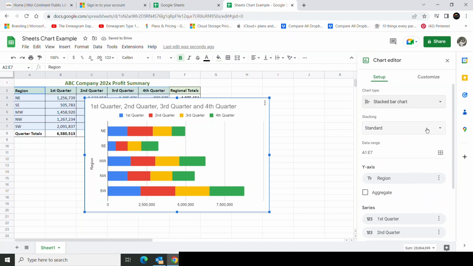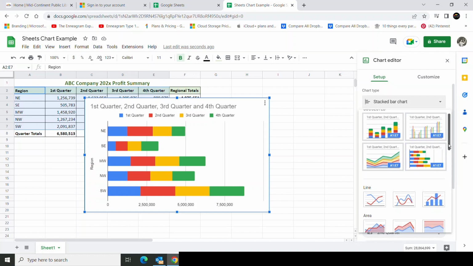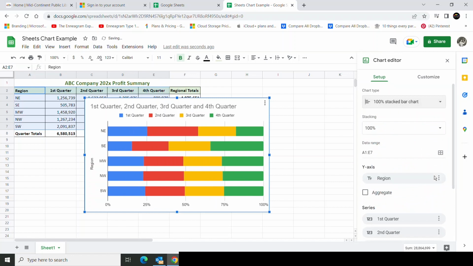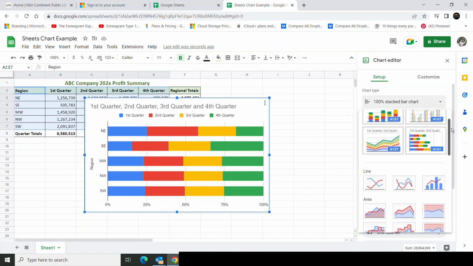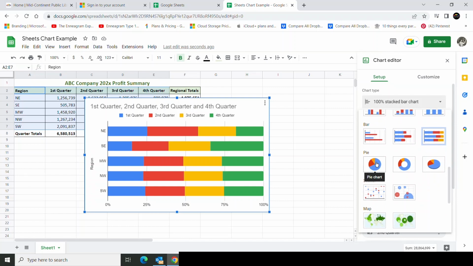So here are stacked bar charts. And I think we have a stacked, yes, the 100% stacked bar chart. And it may be that the horizontal bars make more sense than the columns. Again, it's how do you want to represent your information. Coming on down, the pie chart